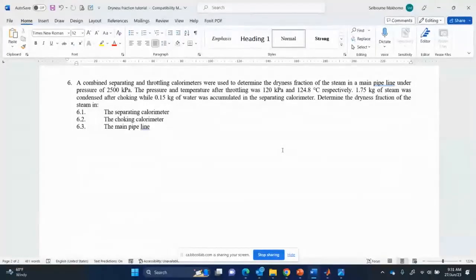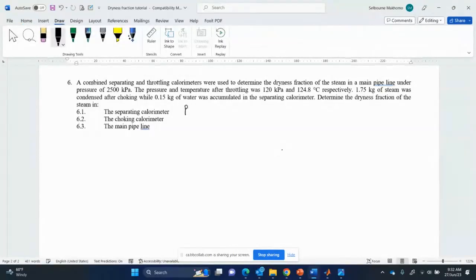So P1 is 2,500. This is pressure before throttling. Do we need temperature before throttling? No, you don't need that. It is not important. We need it, but it's not important for our calculations. T1. The pressure and the temperature after throttling was